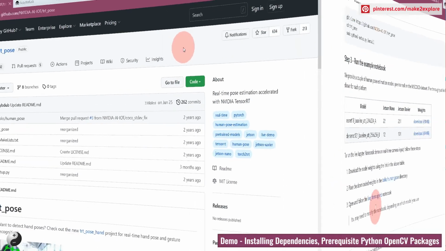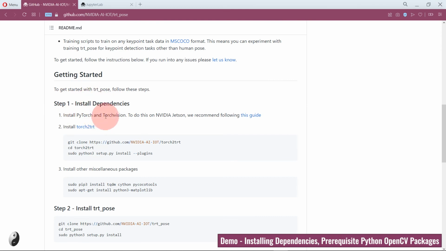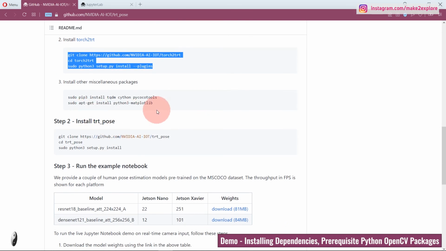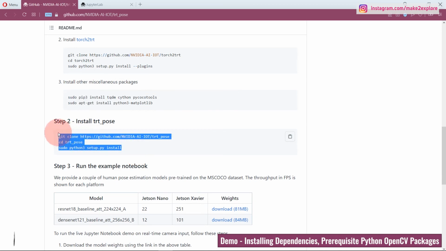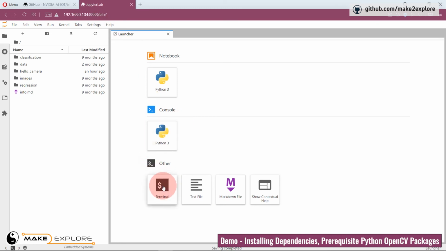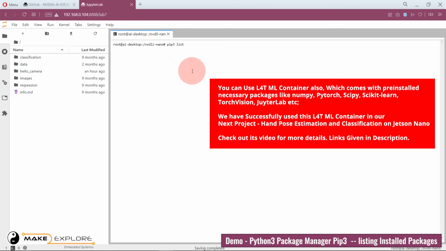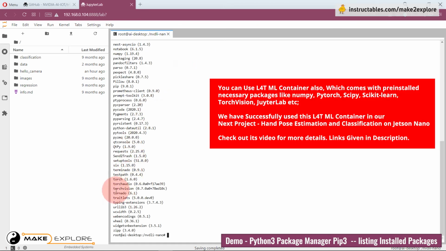Okay. Now let's see how to get the required dependencies, prerequisites, and mandatory Python or OpenCV packages for this JupyterLab environment. All these steps, commands, you have to run in the terminal in JupyterLab. Let me show you. Go to JupyterLab. Here, open the terminal, like this. Then on this console, you have to run all the steps. In short, you have to clone the source code repository and install the required OpenCV or Python packages like NumPy, PyTorch, TorchVision, Cython, scikit-learn, matplotlib, etc.